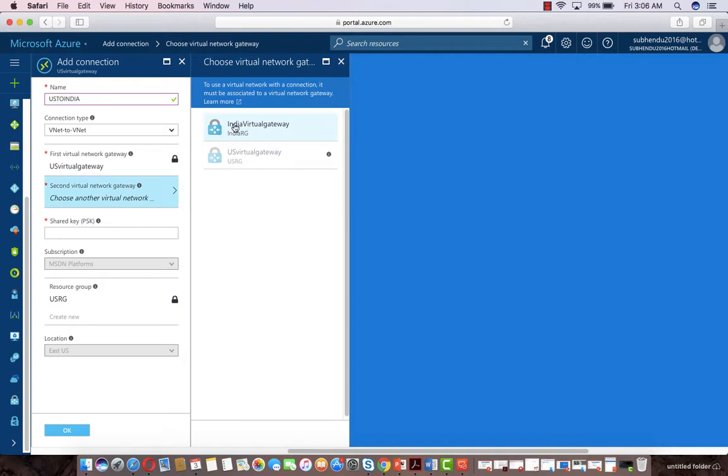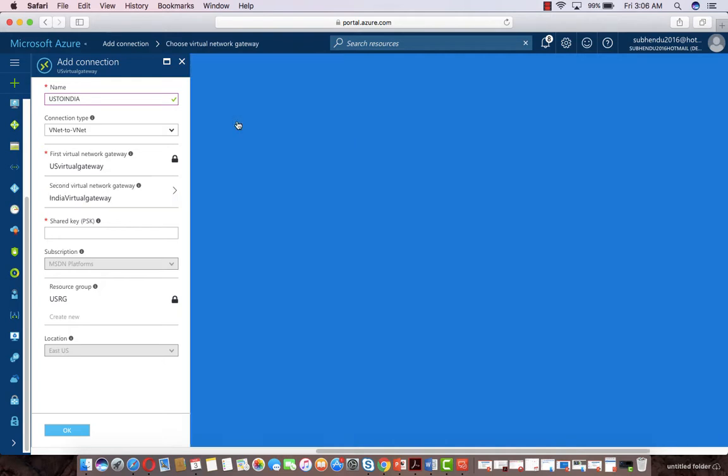Here I have to select the second virtual network, that is in India. Here I have to give a key, that is king1234. If you want, you can give any shared key, it could be anything. Let's go ahead and click OK.